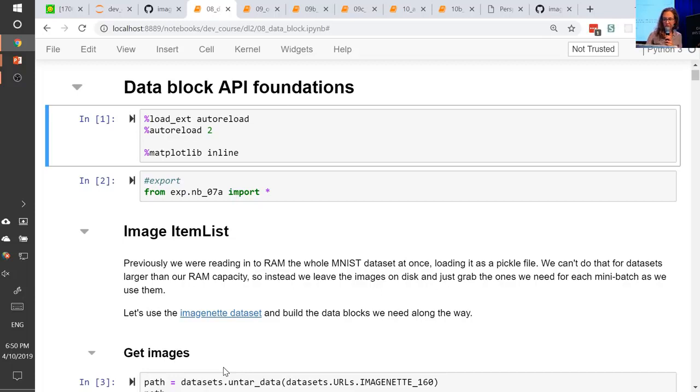So just to confirm, LSUV is something you run on all the layers once at the beginning, not during training. What if your batch size is small? Could you overfit to that batch? Yeah, that's right. So you'd run it once at the start of training to initialize your weights, just so that